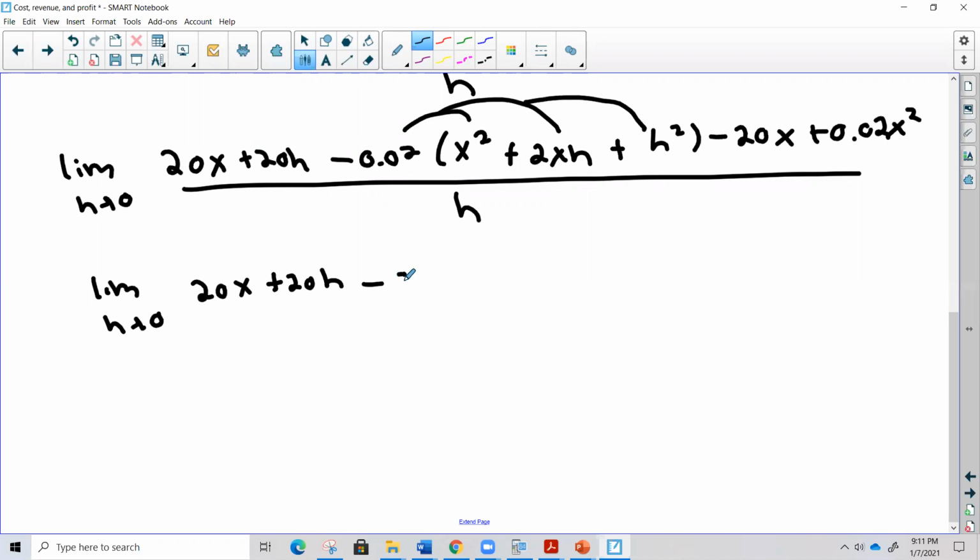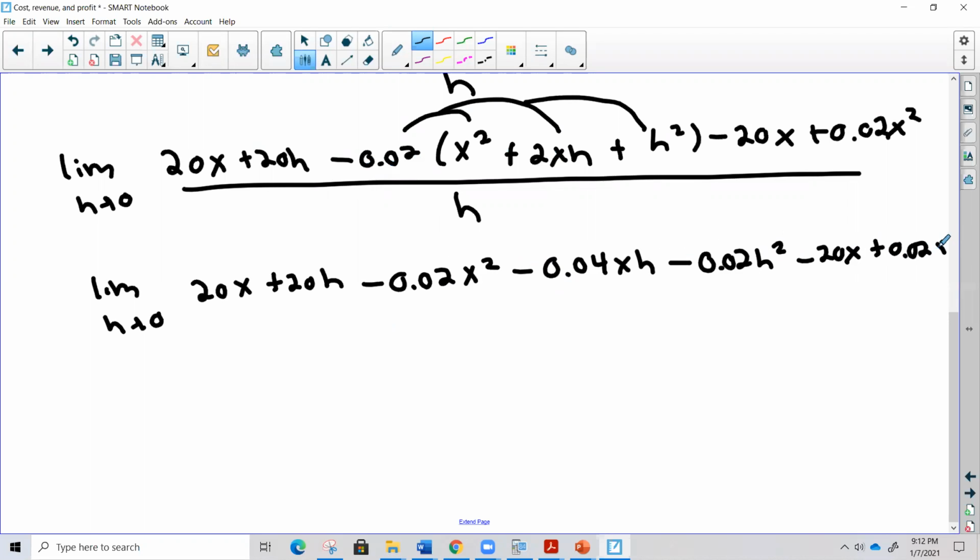So I get minus 0.02 x squared minus 0.02 times 2, which is 0.04 xh, minus 0.02 times h squared, which is 0.02 h squared. Okay, then minus 20x plus 0.02 x squared all over